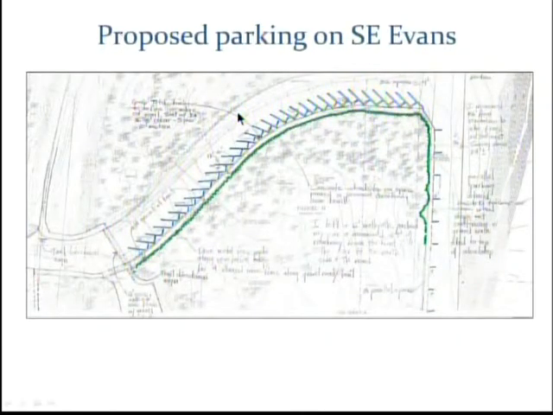Cars parked headed eastbound on the south side of the road currently go up, make a U-turn at the intersection and head back out. Cars that are parked headed west currently drive up the road, make a U-turn, and find a place to park